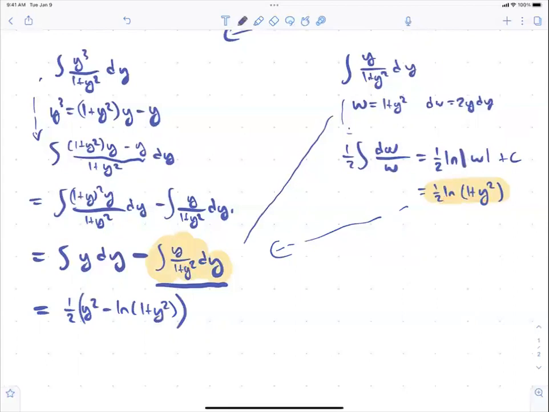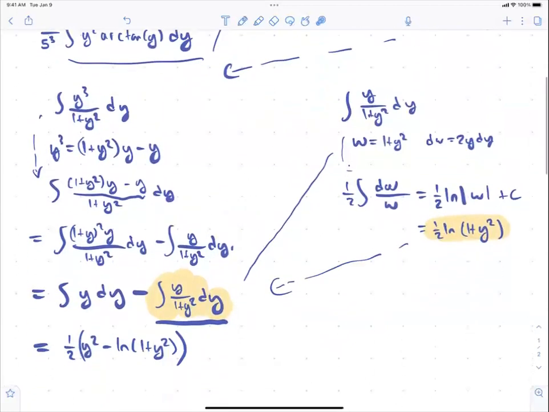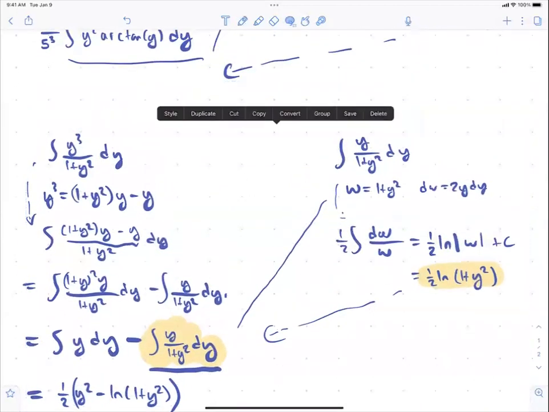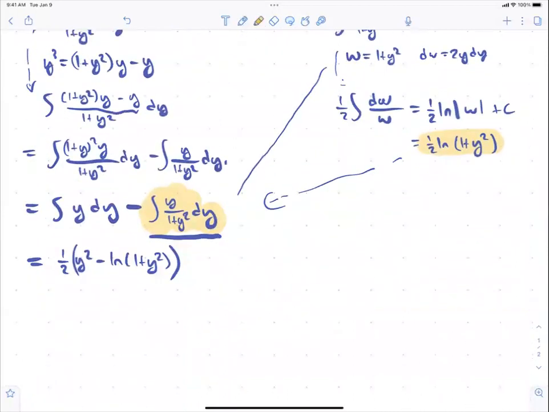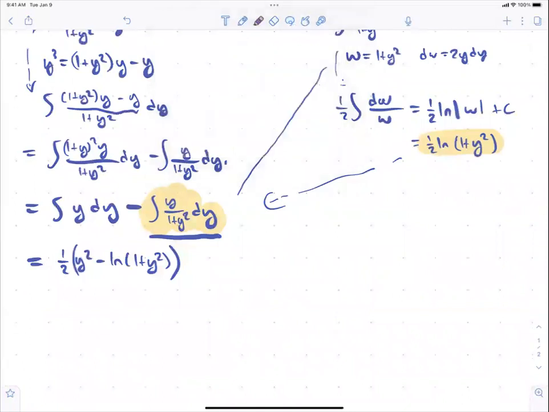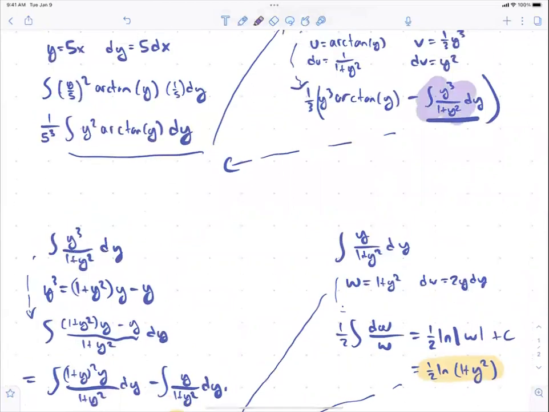Okay, so that's what I got for this guy. Now, remember this sort of came up here. So I like to use my different highlighter colors so I don't lose track. When I'm doing this back substitution, by the way, if you could do this on a tablet, it's super convenient because you can do things like this. So I want to take this guy and put it up here. So all told, I get